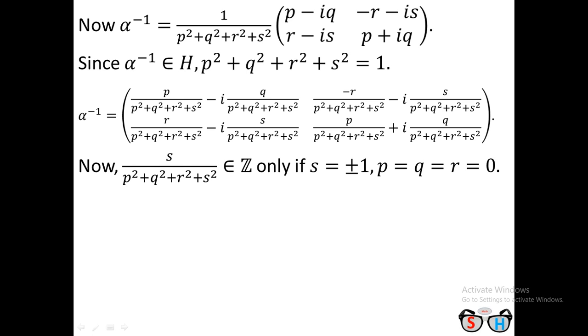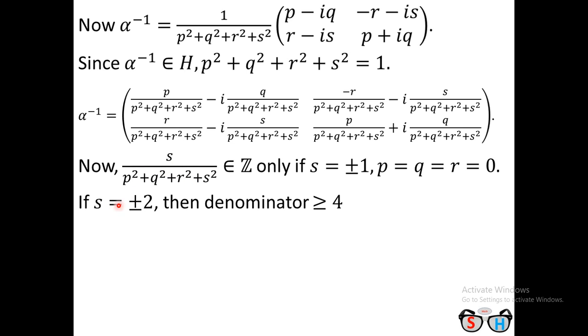But if you take a equal to plus or minus 2, then the denominator must be greater than or equal to 4. Suppose you take a equal to 2, then the numerator will be 2, but the denominator is 4. The value of those terms must be greater than or equal to 0, since p, q, r are integers, therefore their squares will be non-negative. In particular, if p, q, r are each 0, then the denominator must be exactly 4, otherwise it is greater than 4. So the denominator is larger than the numerator, and as a result this is a fraction.